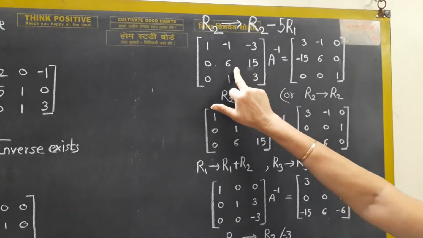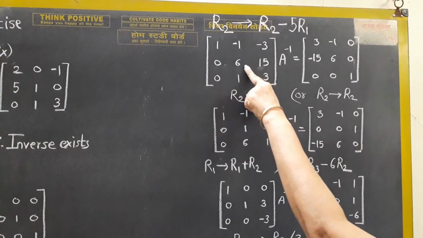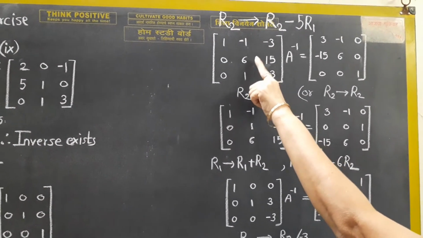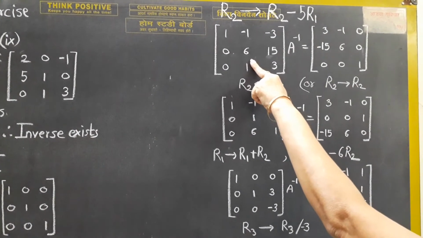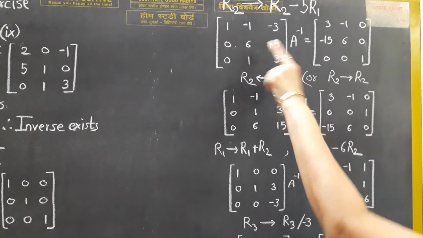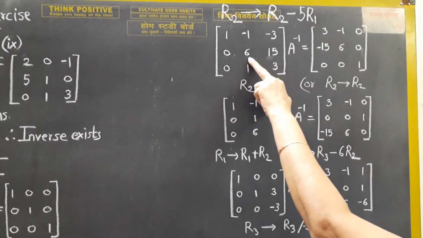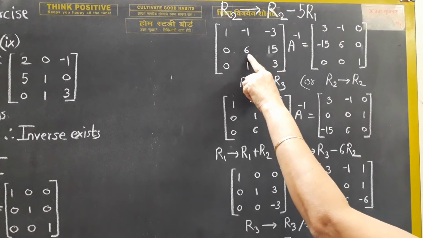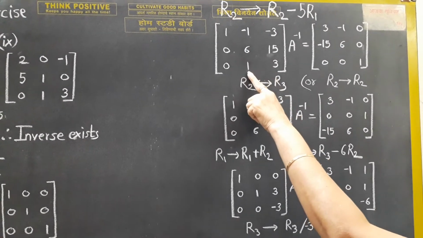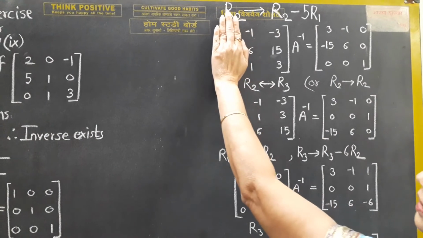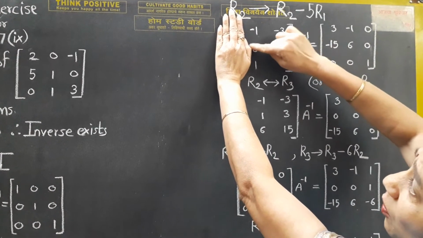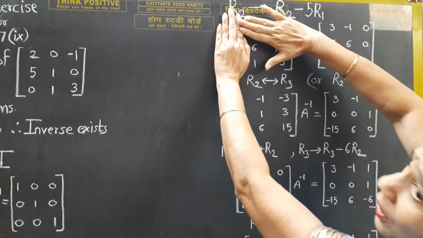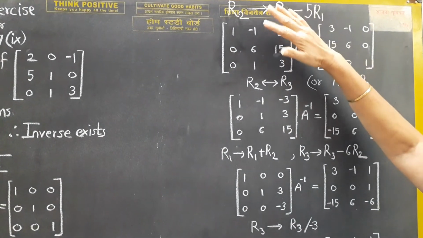Now we switch over to the second column. Now once again, here there is no ready 1. In the previous example we have seen that there was ready-made 1 over here, or could be minus 1. So what's very simple. Now how to go about it is that I have to get 1 over here. The simplest way is, see that when we complete the first column, now to get 1 over here, we won't make use of R1. Remember this.